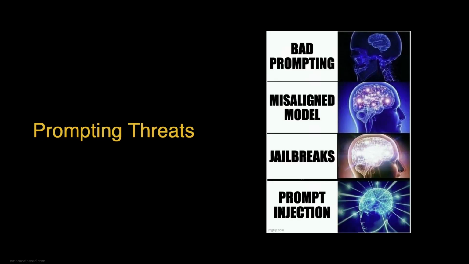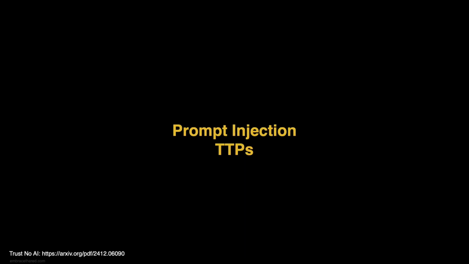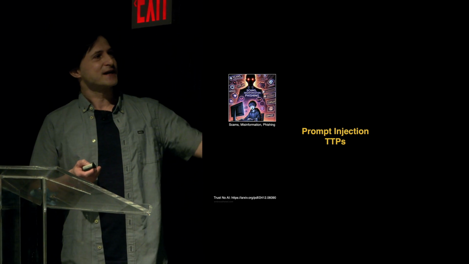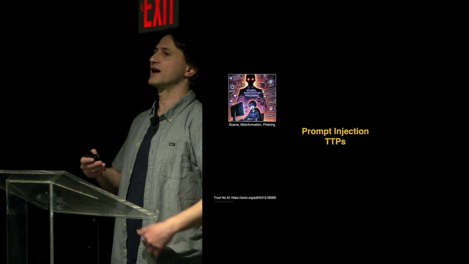Good. And this is an area where we need to add mitigations and protections, or where we can add mitigations and protections. So talking about threats when you prompt an LLM application, right? There's just bad prompting. Then the model might be misaligned, so that's a threat by itself. Then there are jailbreaks, as we've seen, that try to misalign the model. And then there's actually prompt injection, where a remote party performs all of this. And over the last 2 years, I did a lot of research, and I even wrote a paper called Trust No AI, where I discussed all these novel TTPs that we have discovered